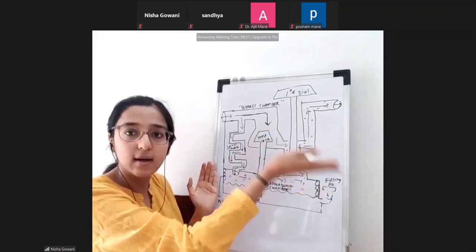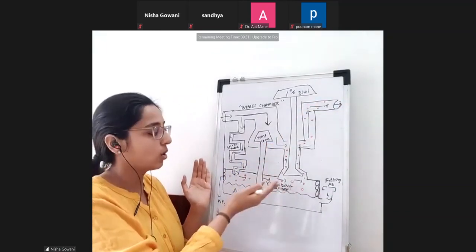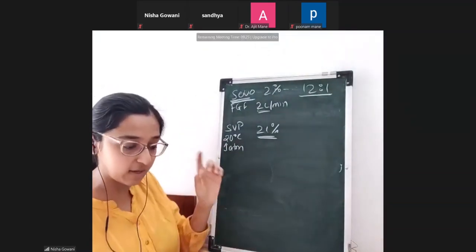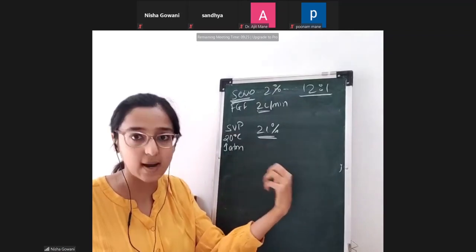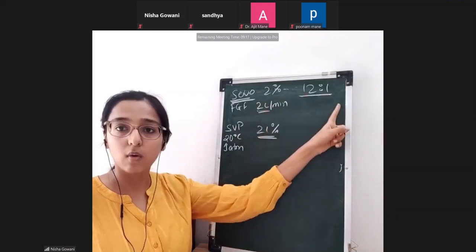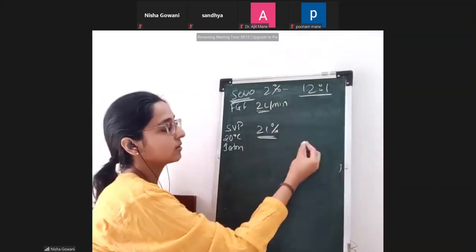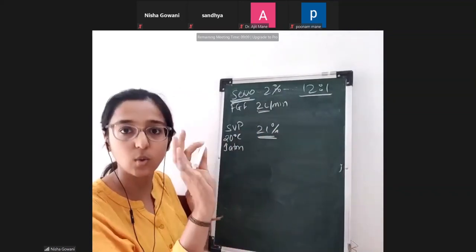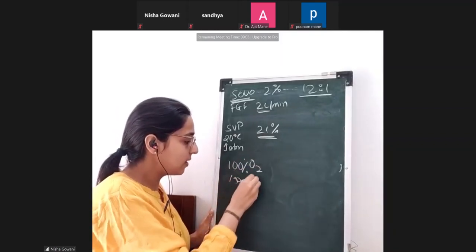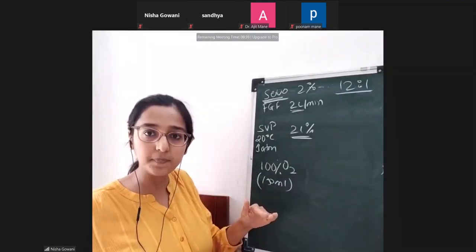I want to give 2% output. I don't want 21% here. This is 21. I need to dilute it. So for example, if I was carrying 150 ml oxygen, we just calculated, right? That one part, which was 150 ml for a 2-liter flow, was going to the vaporizing chamber over there. Suppose it was oxygen gas, only oxygen. So 100% O2, 150 ml was going through the vaporizing chamber, right?